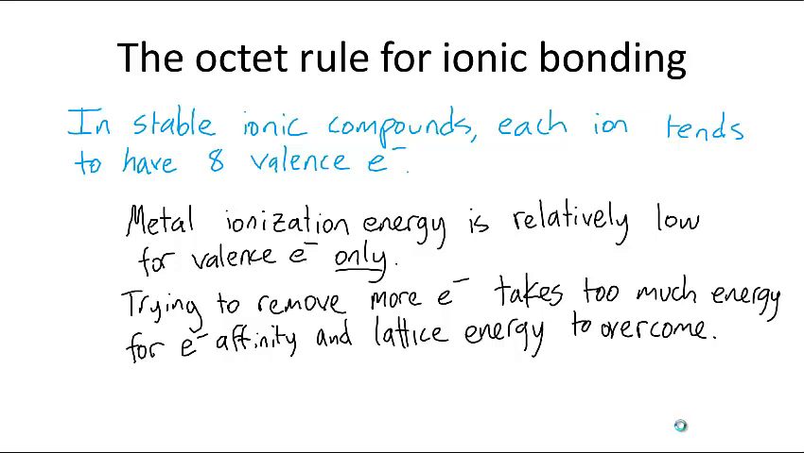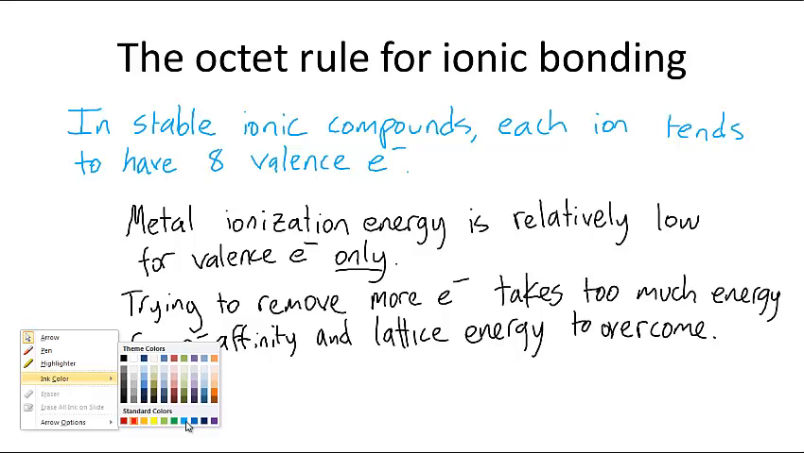Last time we finished with an explanation of the octet rule for ionic bonding. So the octet rule says in stable ionic compounds, each ion tends to have 8 valence electrons. The corollary to that is